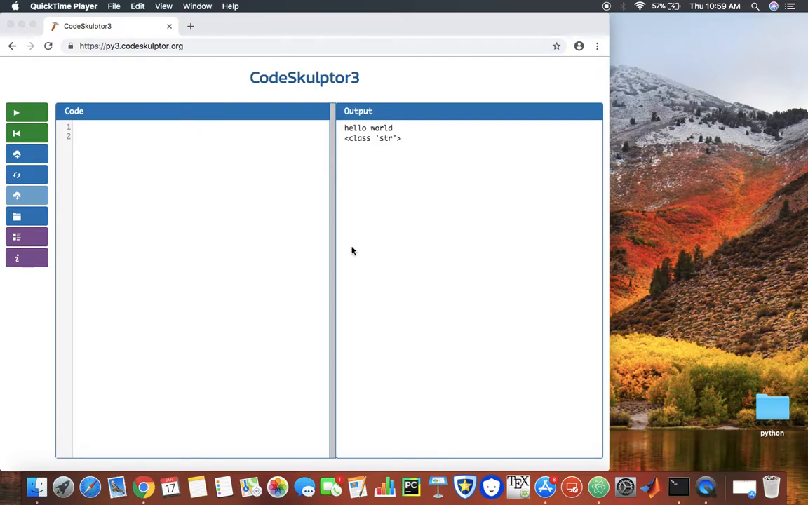So now we are going to start writing some Python programs, very simple programs. And first I would like to use the online Python editor for simple operations. If you haven't installed any Python editor, then you can just go to this website, py3.codesculptor.org. If you go to this website, there's an online Python editor and we can run our code